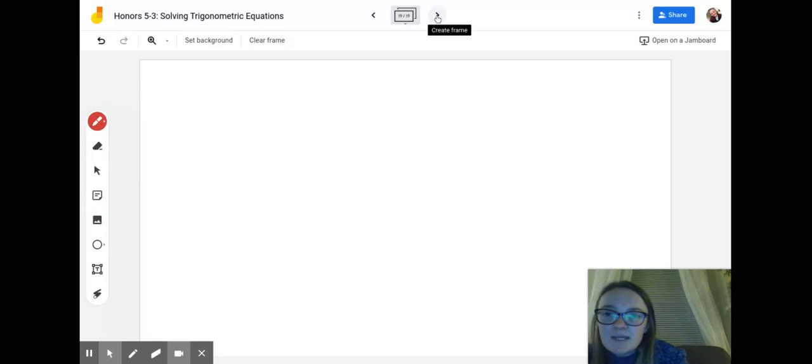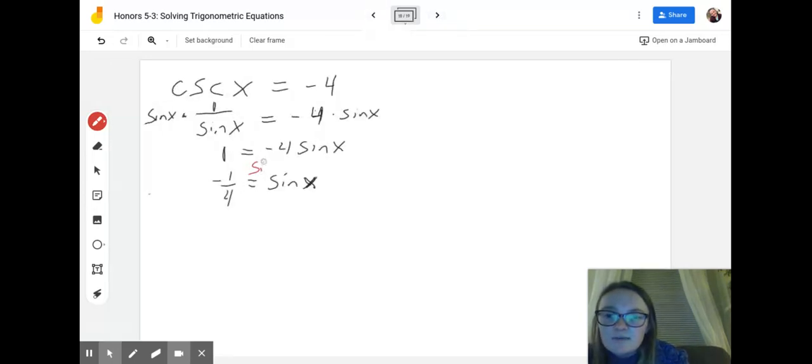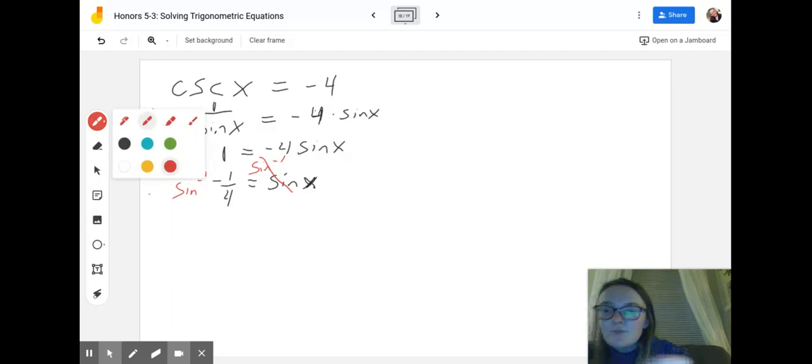Okay, so what I want to do to solve is take the inverse sine, the arcsine. So I'll say sine inverse on this side, sine inverse on this side. The reason I'm doing this is that the inverse sine cancels sine out. And so what I want to know is what's the inverse sine of negative 1/4. So I'm going to go ahead and write that. The inverse sine